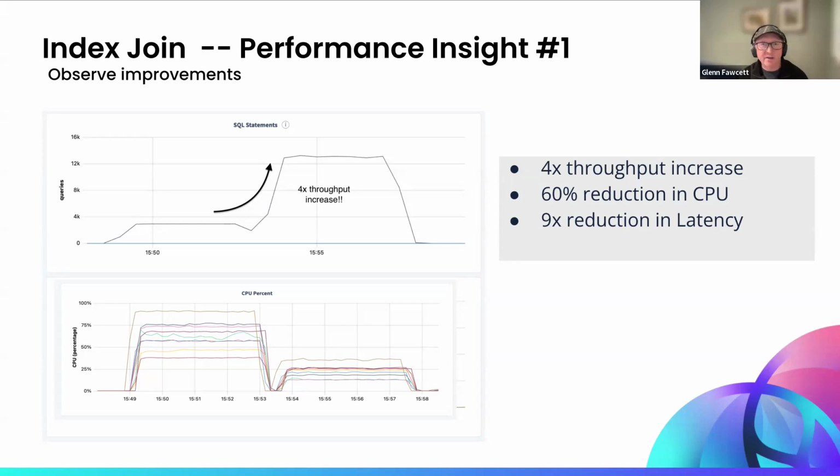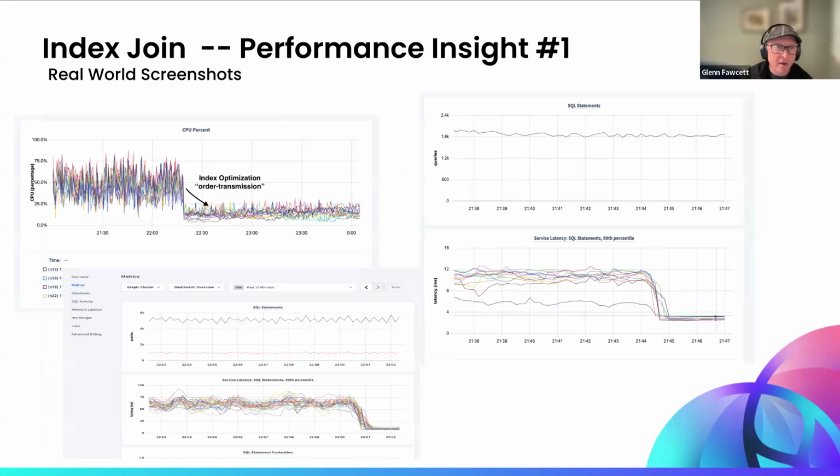Yeah, and the next slide is actually some real life examples of where I did this in the wild. So this is a customer cluster we're looking at here. Basically, we're using 50%. We have all these spikes, and you can see that's the CPU percentage, and below in that same slide are the metrics, the statements. The statements are coming in at the same level, but you can see the latency dropping dramatically, massively on the left, and the same with the one on the right too.